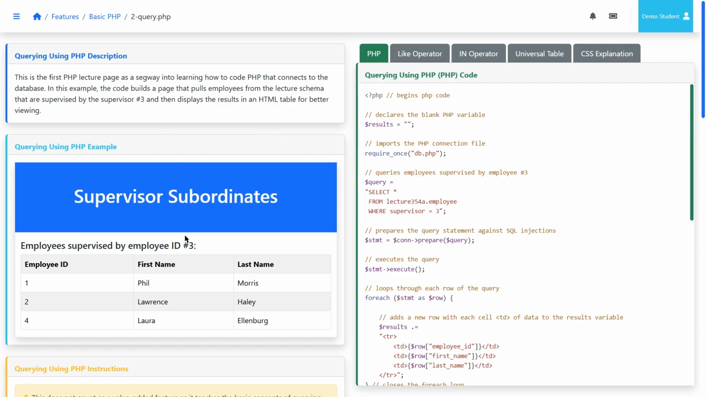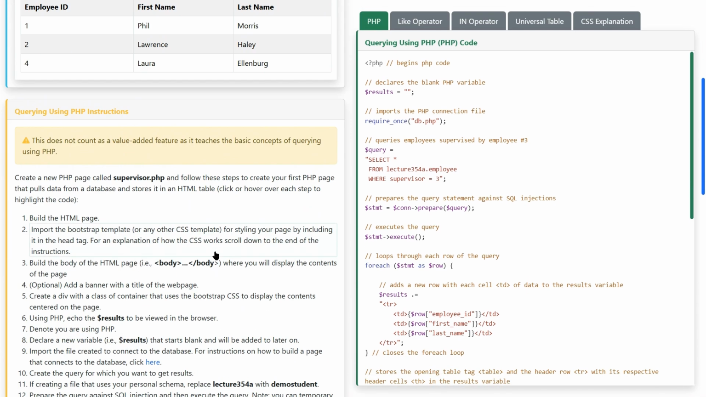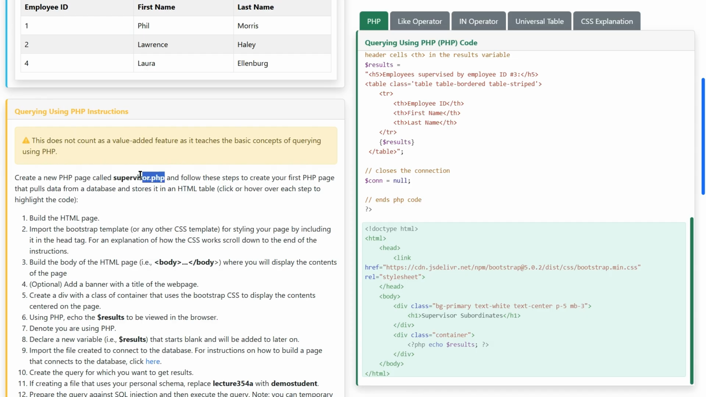Essentially, what we're going to do is issue a query behind the scenes that is going to find all the employees that are supervised by employee ID number 3. So we have 3 employees listed here. We also are going to show you how to build this table using HTML together with PHP. And then we have a header up here of supervisor subordinates, and we'll show you how to do that as well. So down here on the instructions, it shows that we're going to go ahead and create a page called